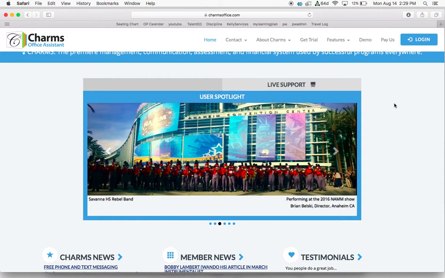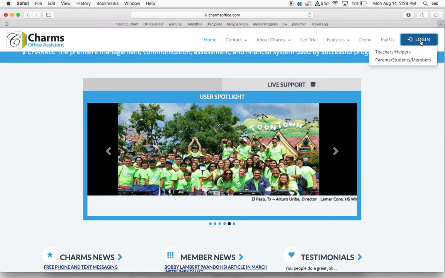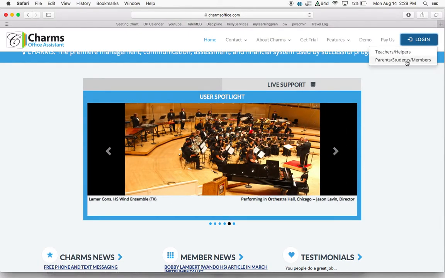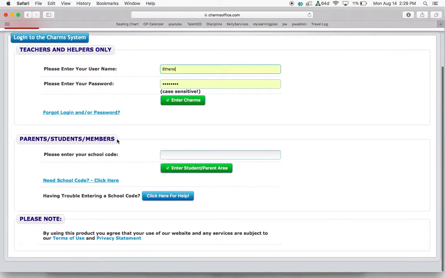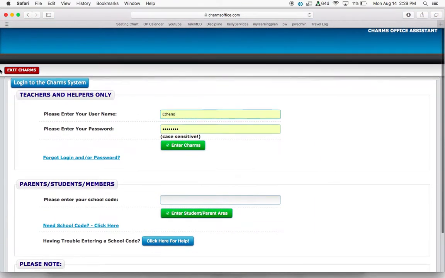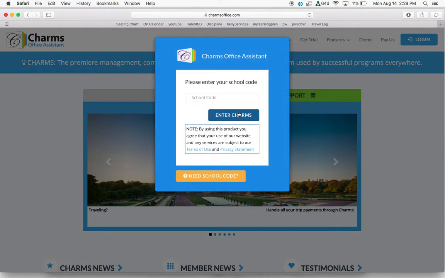Once you go there, this screen will pop up, your home screen, and then all you have to do is click in the top right corner where it says login. If you just drag your mouse over it, it'll have this little drop-down menu. Click on parent, student, members, or click on login. It'll bring you here, and obviously you are a parent, student, member, whatever. So if you go through here, which works good, or if you go through this way, either way you're going